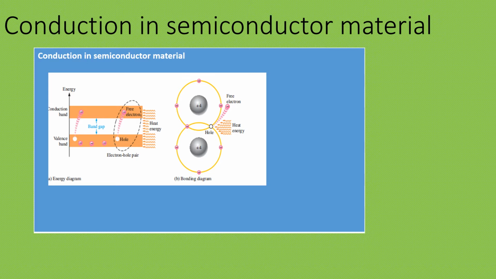So, conduction in semiconductor material. Here conduction can be explained with the help of the energy diagram. Here the valence band has majority holes, and the conduction band has few holes. So what happens is that when the band gap is overcome, a hole is released from the valence band, reaches the conduction band, and leads to a flow of current. Similarly in this sharing of the atomic molecule as well.